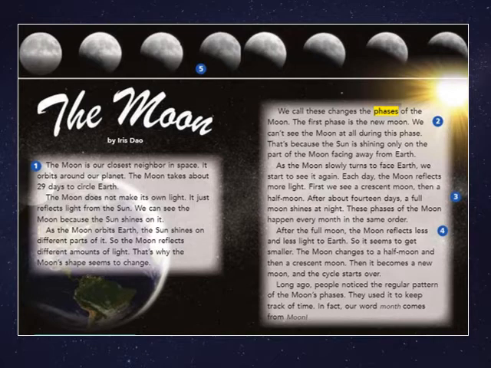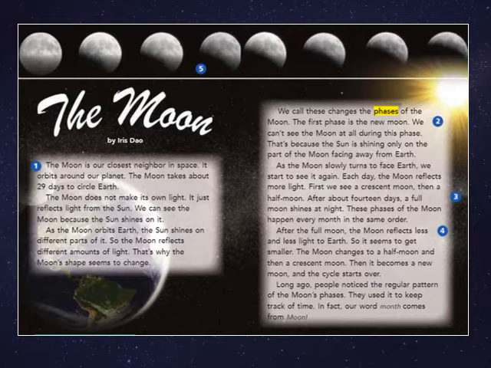Let's take a few minutes to read a text about the moon. You will see our vocabulary word phases in this text. Follow along while I read. The moon is our closest neighbor in space. It orbits around our planet. The moon takes about 29 days to